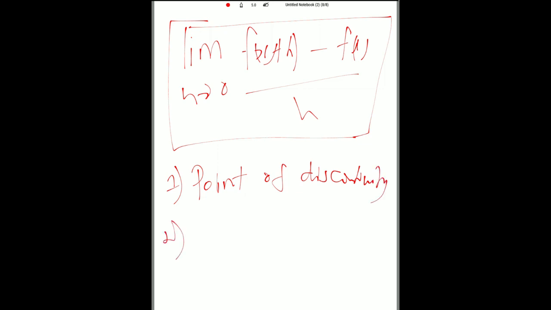The limit also, no limit exists at a vertical tangent line. And so in this case, the derivative would not exist at a vertical tangent line. That is, when I say vertical tangent line, I'm making reference to some asymptote and a function that is approaching infinity. So the limit would not exist at that point, and as such, the derivative would not exist at some vertical tangent line. And lastly,